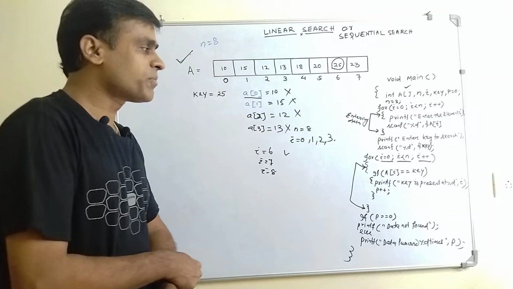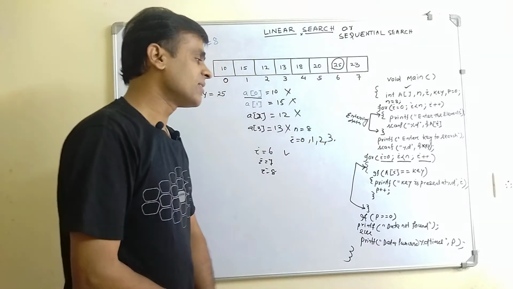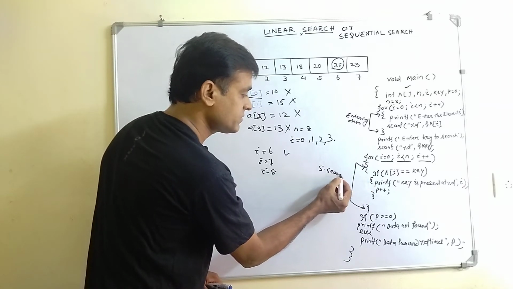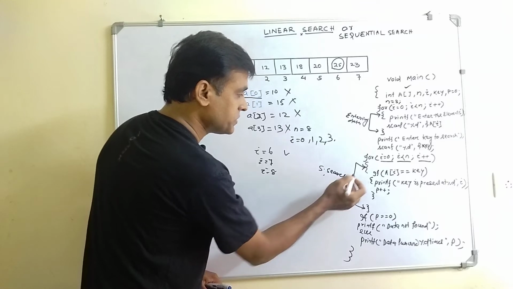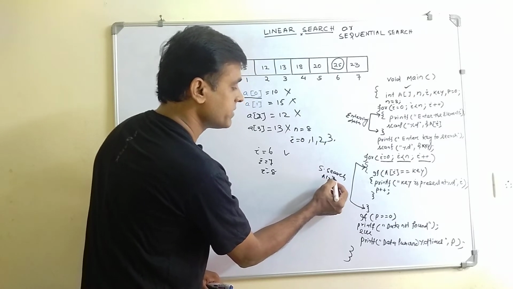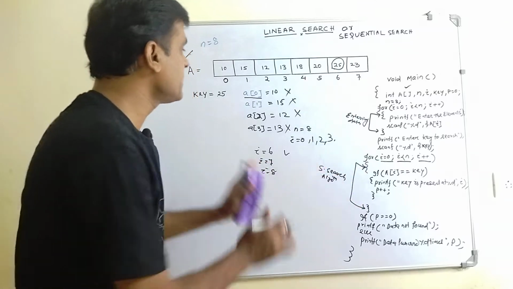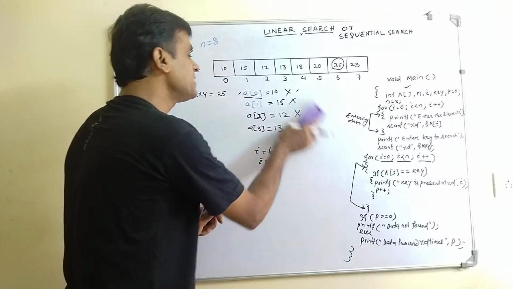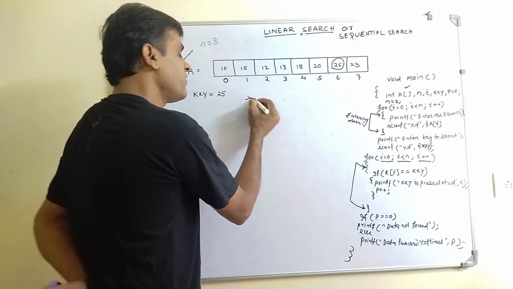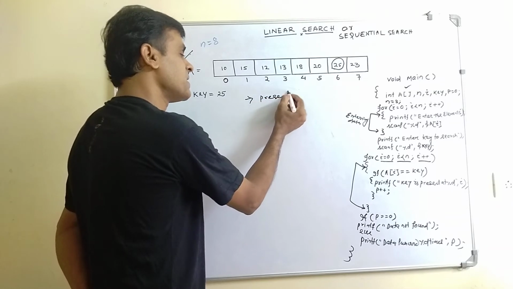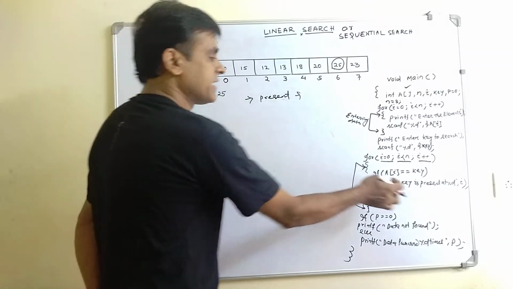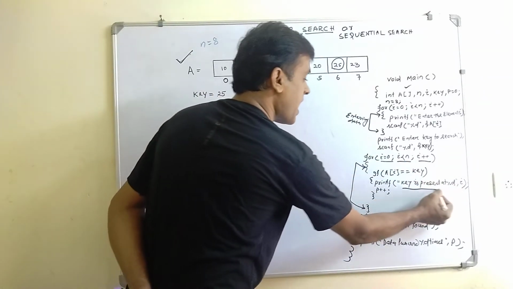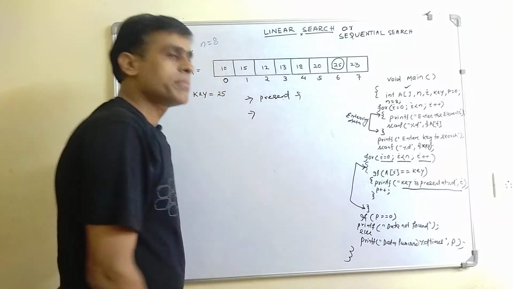See how interestingly the program went from the 0th location to the 7th location. So this is actually our sequential search algorithm. Here we searched each and every element from the start to the end, and we did three things. One is, if our element is present, it will say that the key is present, and where it is present, it will give the index, here the i value. If i is 6, the key value is present at the 6th index.